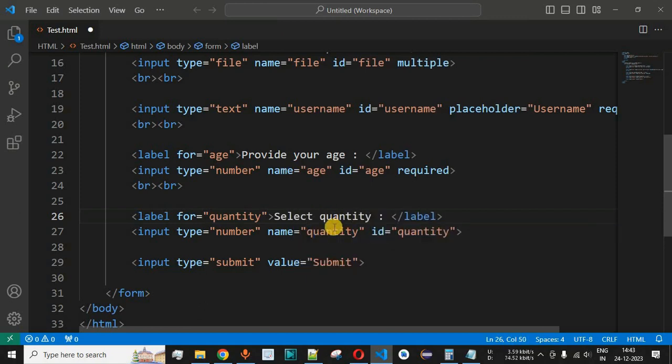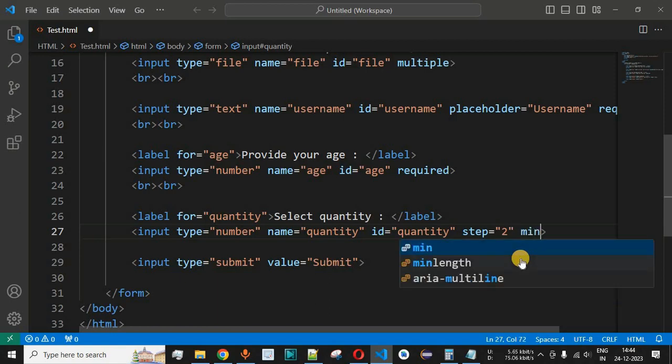So guys, this is just an example that we are implementing so that the user can select the quantity, and the requirement is that the user can only select the quantity in multiples of even numbers. That means the quantity can be 2 or 4 or 6 and so on. So the user should not be able to select a quantity which is an odd number. So what we have to do is provide the step value as 2 in this case, because every time the value should be increased by 2, and the minimum value that we can provide is 2. So if the user is selecting the quantity, the minimum value will be 2 because 0 cannot be set here.